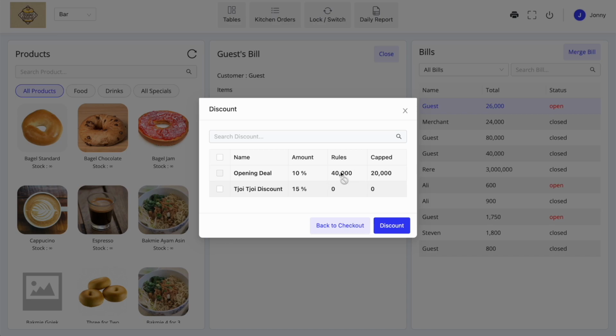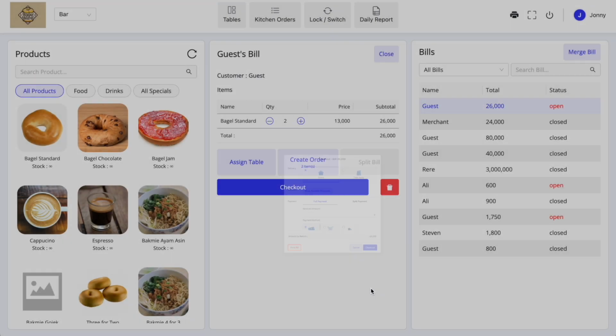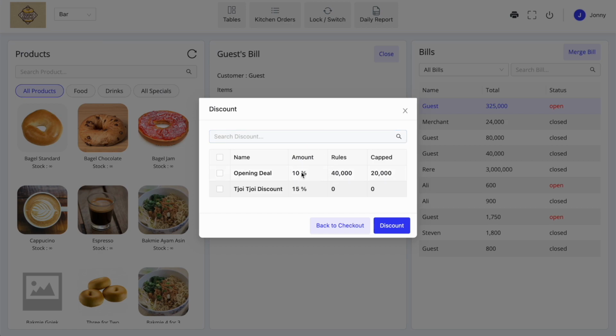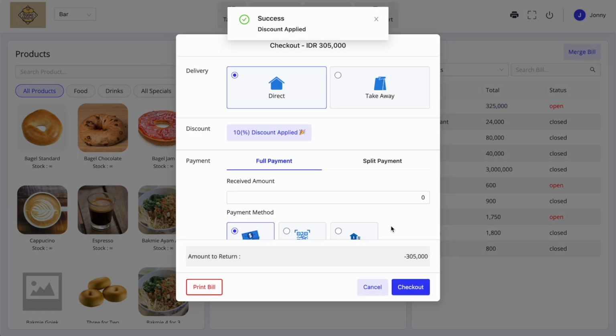Now let's jump right back into the bill and also test our cap. In order to test that, we need to add a lot more items to the bill, bringing the bill up to an amount that would increase the total discount to more than 20,000. So this should be enough. Okay, let's see how that goes. We're going to apply our 10% rule, discount it,